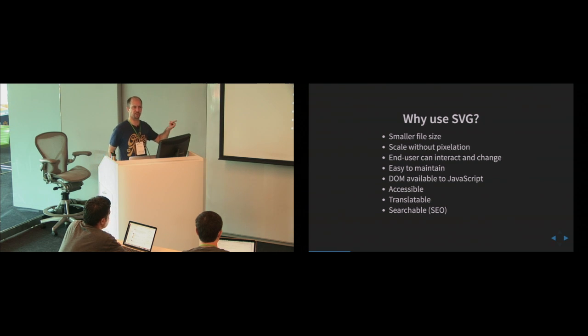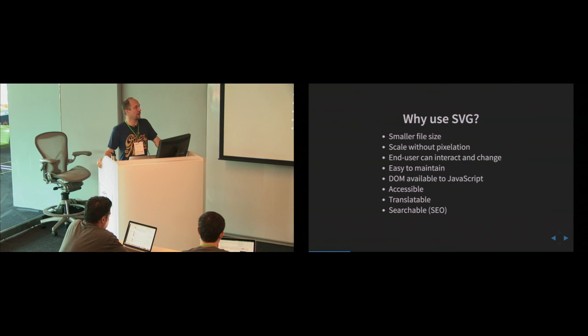Actually, that makes me think of a good bullet here, which is you can see diffs in Git when you make changes to an SVG, and that could be something that's useful in development as well. And then it scales without that anti-alias pixelation that I demonstrated earlier. You can also do really interesting things with it with web applications, where the end user in the client browser can actually modify the SVG, and you can get some really interactive behaviors with that. Or as a developer, you can go in and tweak an SVG file right in your browser with developer tools,